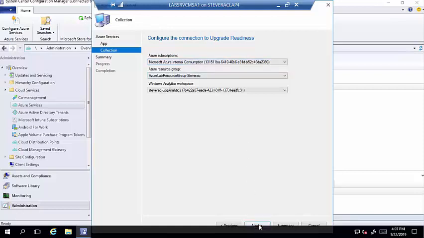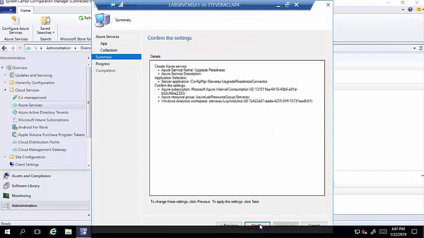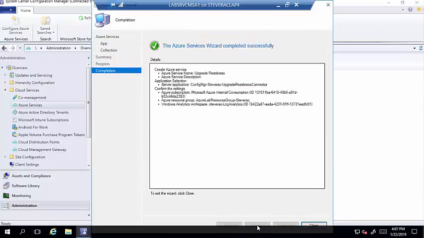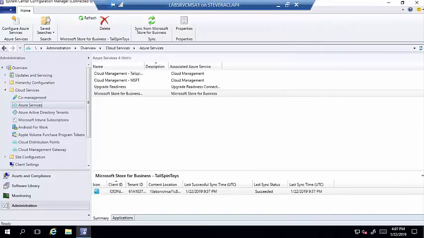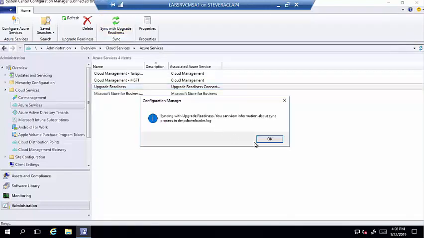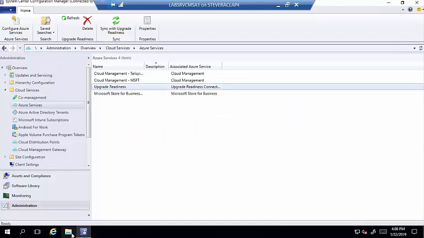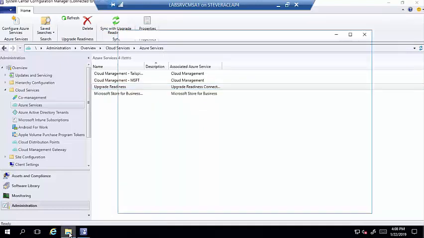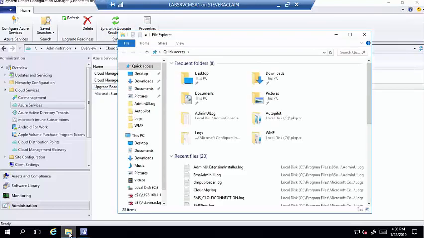So now I'm going to click Next, and we will go ahead and configure the connector, and we are good to go. The connector is configured, and we're good. Okay, so we have this created. As I said, we're good. How do we know that we are good? So I'm on the Upgrade Readiness connector. I can synchronize with Upgrade Readiness right now, no problem, and then you can monitor all of that in the DMP